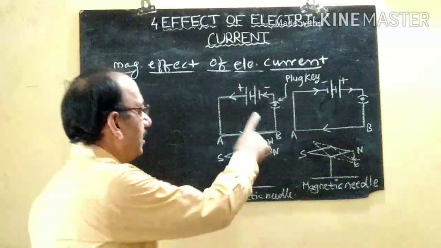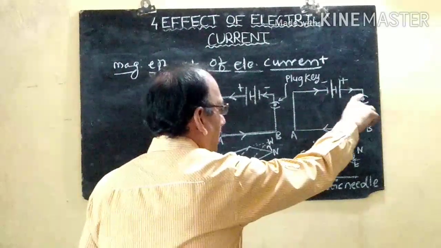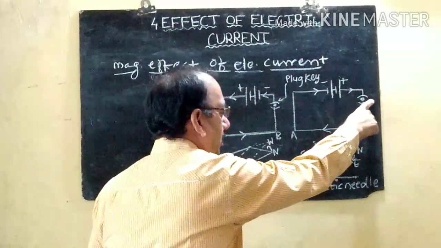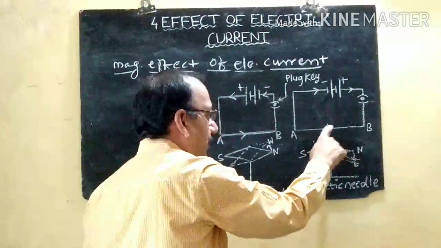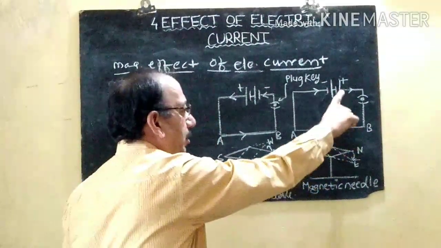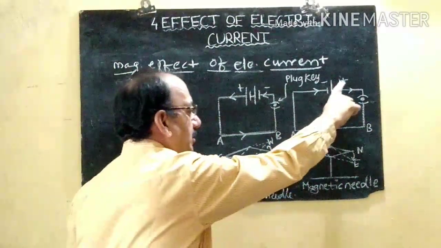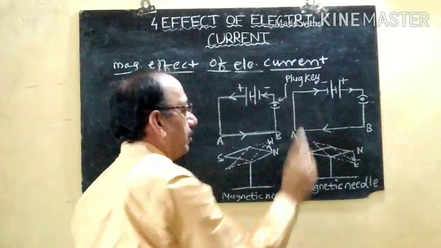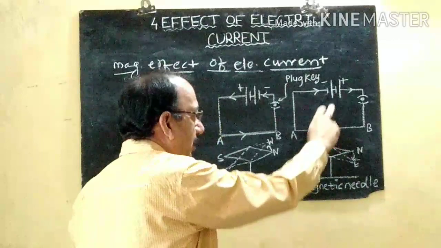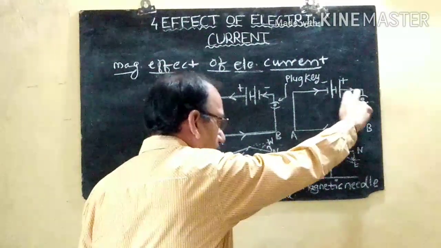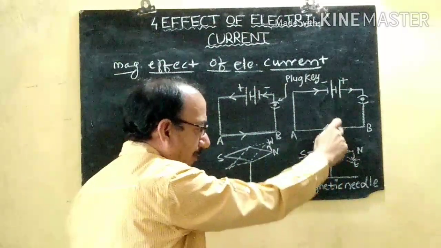Now interchange the connection of this simple electrical circuit. Change the poles and open the plug key. Here the plug key is open. Then when we close this key, the current will start to flow in this direction. This is the conventional direction of electric current, meaning from positive to negative. Observe the deflection of the needle. When the current passes in this direction, the deflection of the needle goes away from the